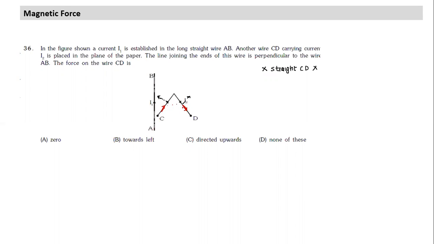So let's see what is the relative strength of the force. The force on this piece will be upward, and here, which direction will the force act? See, in this case, first of all, you understood the direction of B is into the plane of paper. So if I use dL vector, the first vector is upward, the second vector is away from you. So this is the direction of force and this is the direction of force. But among these two, which will have higher magnitude of force? This one or this one?